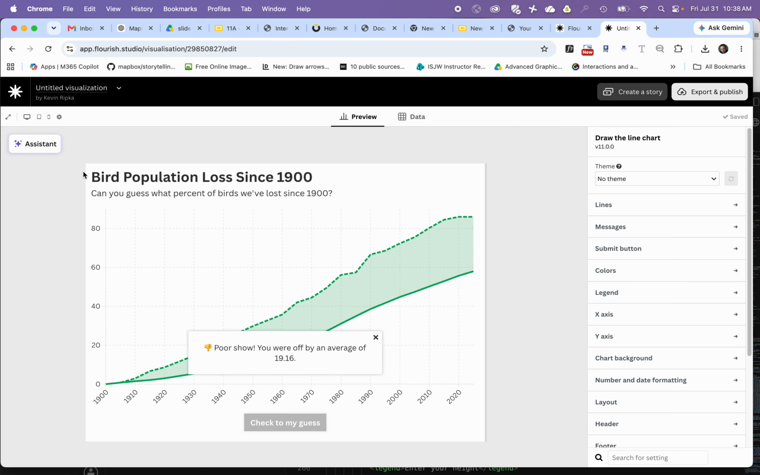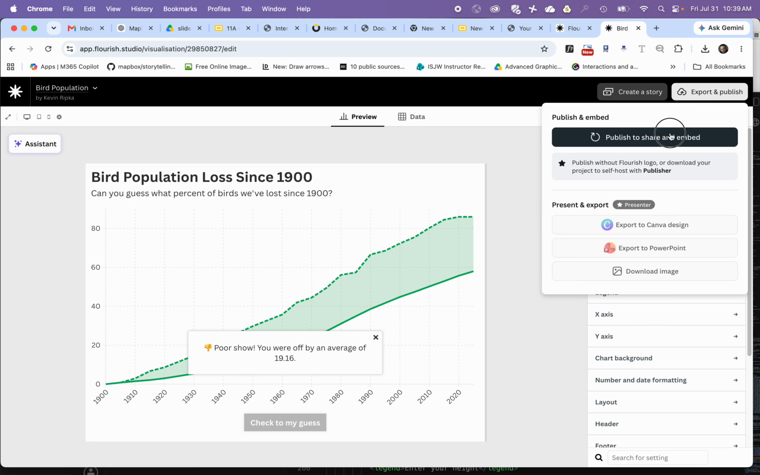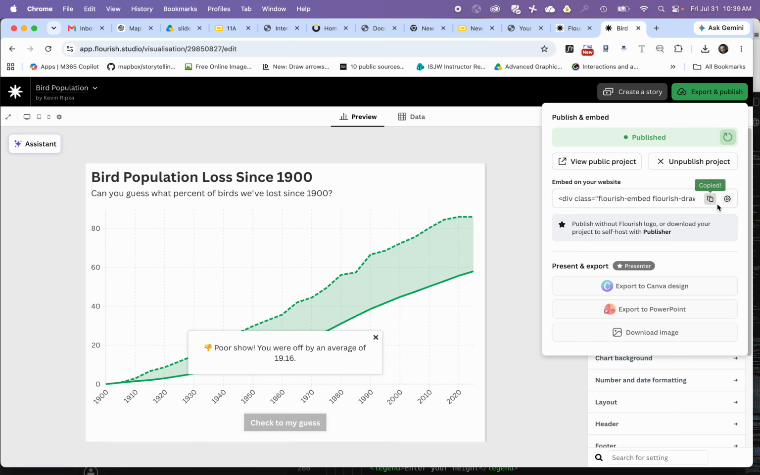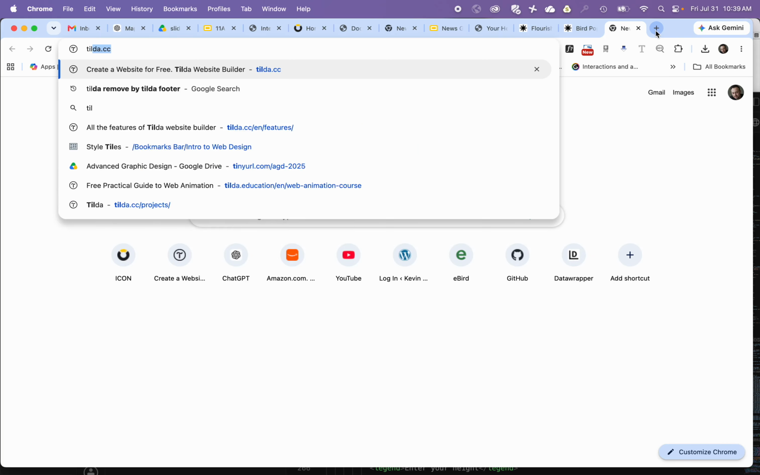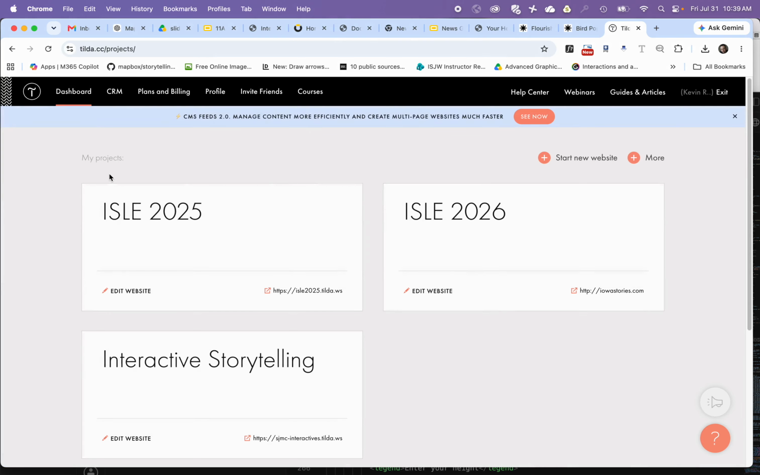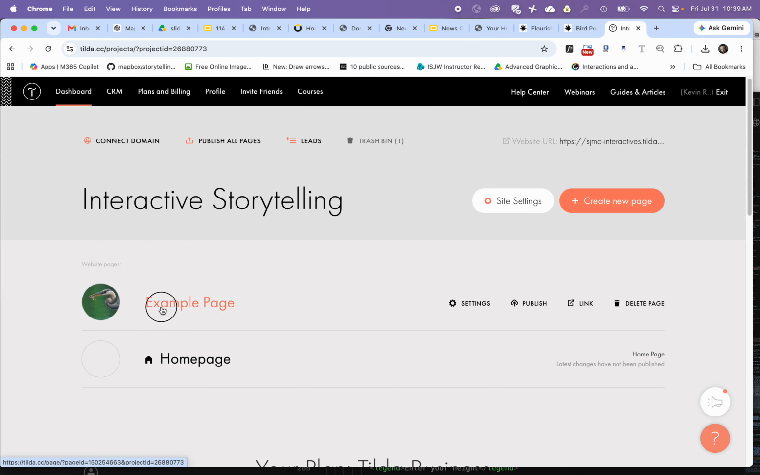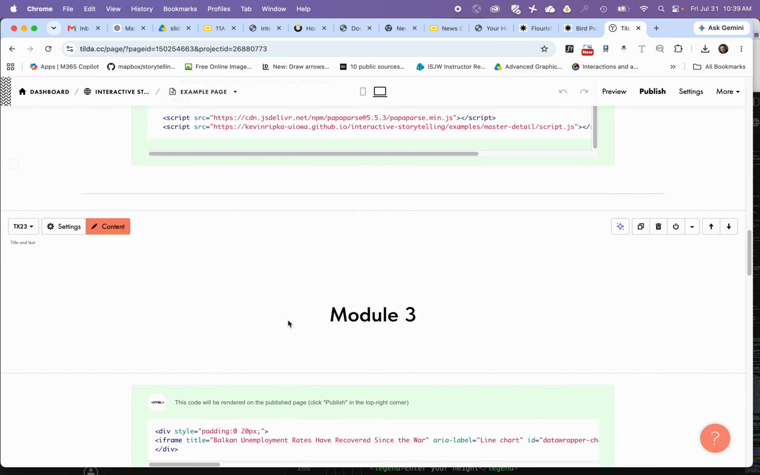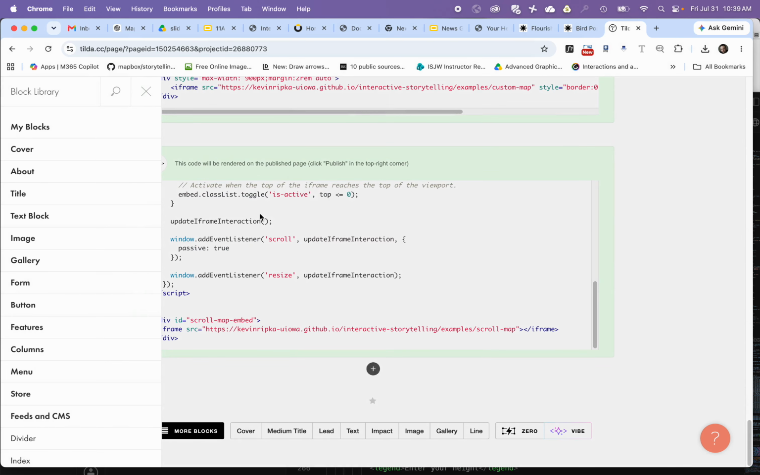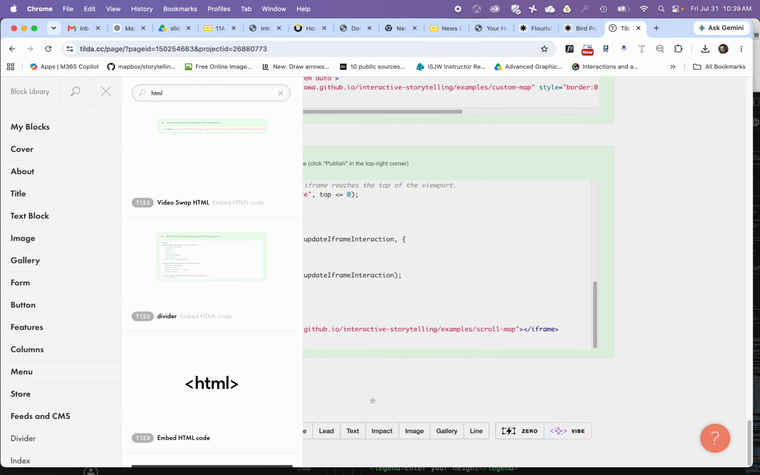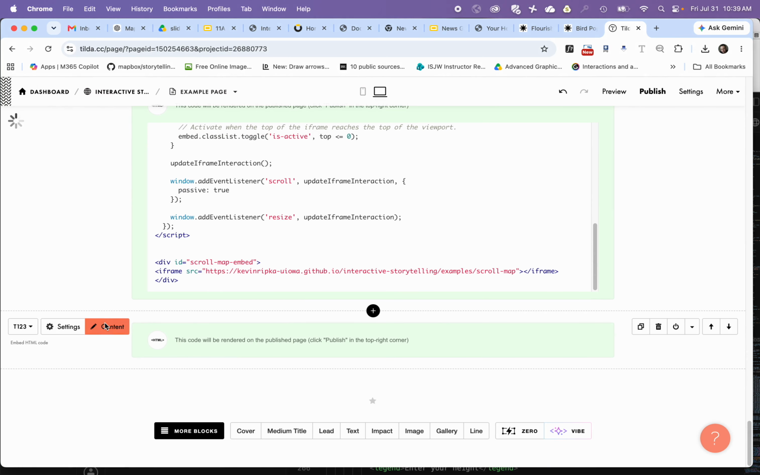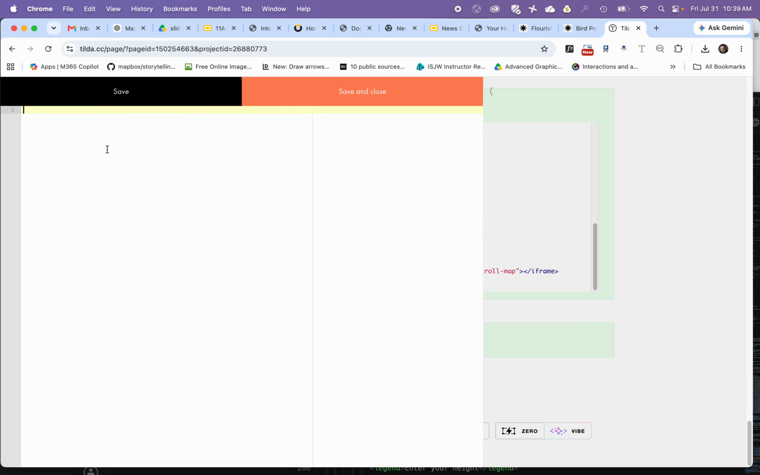Oh, but the last thing is we need to change the name to bird population, and then the same thing as normal, right? We'll want to export and publish, share and embed, publish, grab our embed code, go hit our tilde, log in, find our page, swoop down to the bottom, add, and by now if you don't know this backwards and forwards, we're late in the class. Content, right, we'll put it in, and of course we probably want to give us